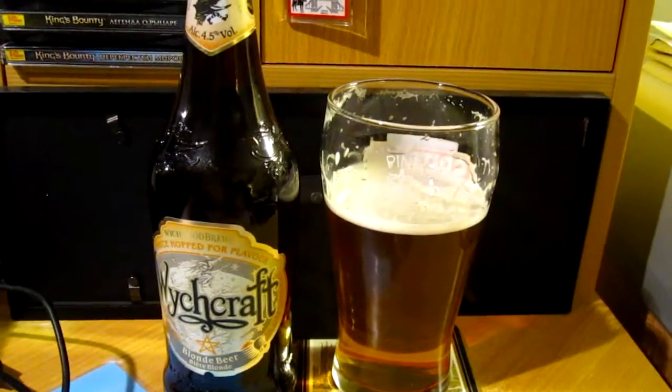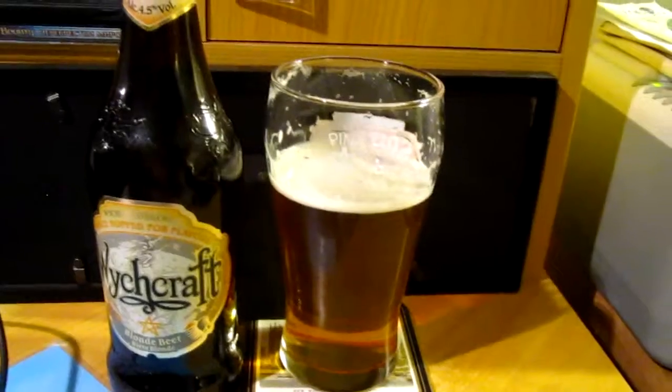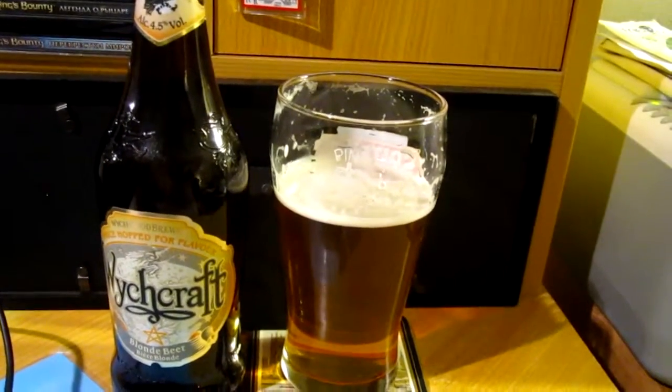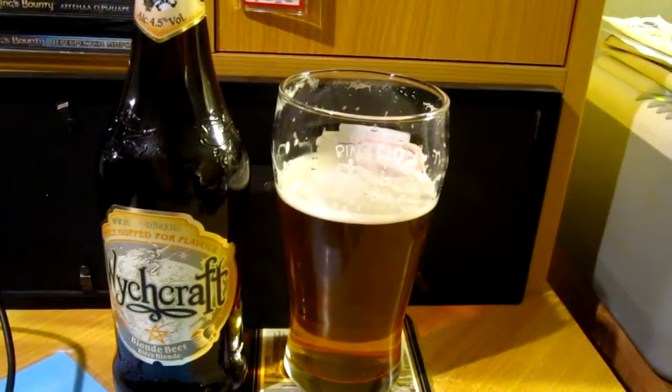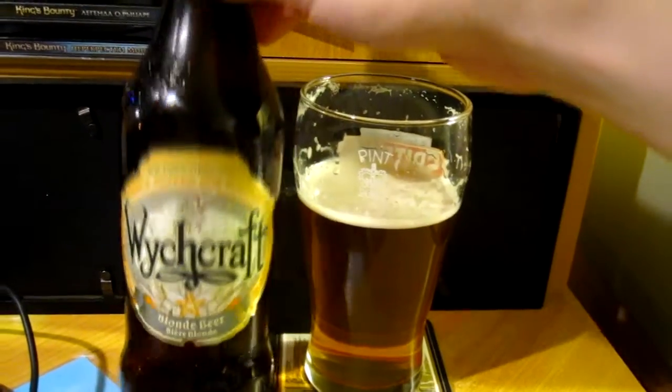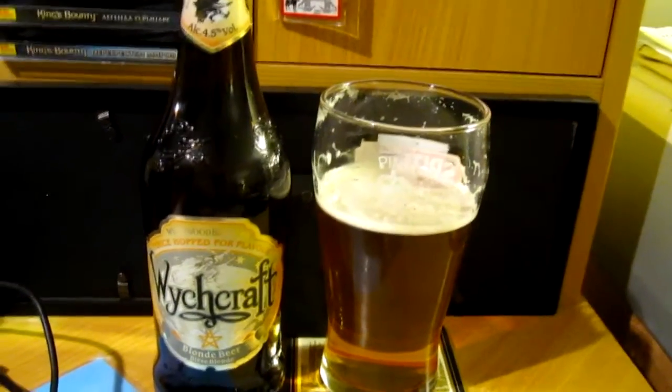I've already recorded a version of this video, but I decided to re-record it now because the beer actually changes and becomes better and more tasty as it warms up. I guess at first I had it out of the fridge and it was a bit too cold and I couldn't taste much. So the beer for tonight is the Wychcraft, which is a blonde beer, 4.5% blonde beer from